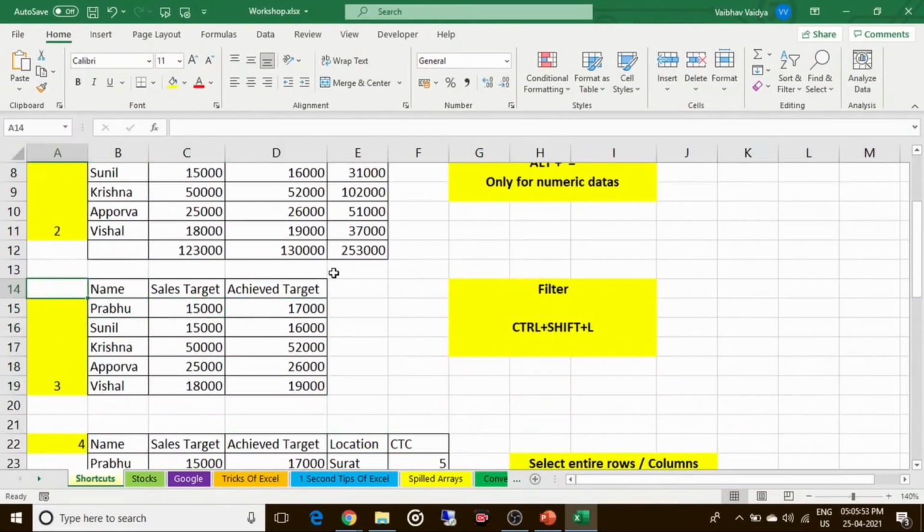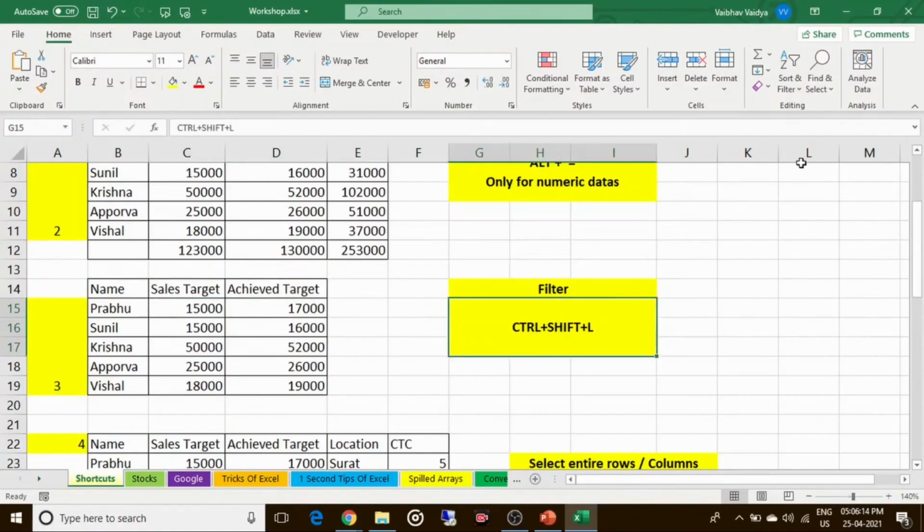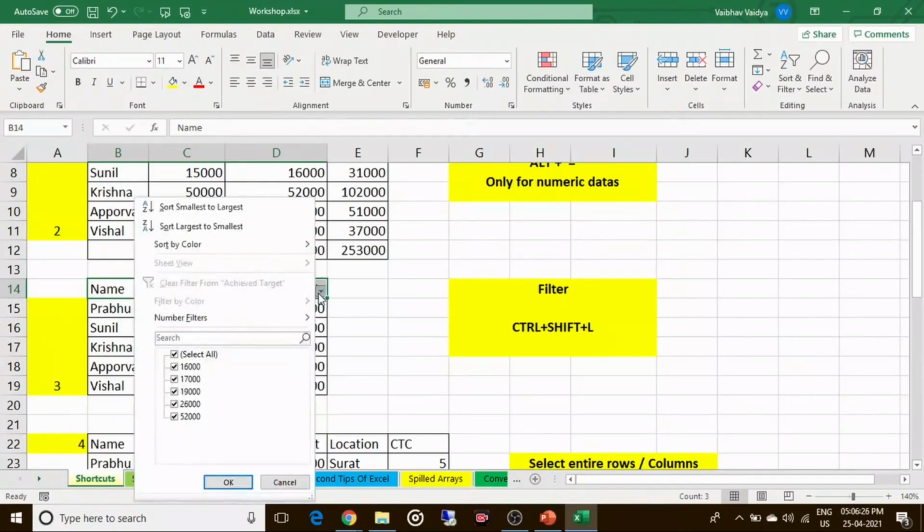Initially in Excel 2016, if we wanted to apply a filter, we used to select the row and then go to editing, select it, and choose the filter option. That was an old method actually, friends. You can directly select the desired rows and press Ctrl Shift plus L and the filter function will be applied. Many of you may be knowing about it.